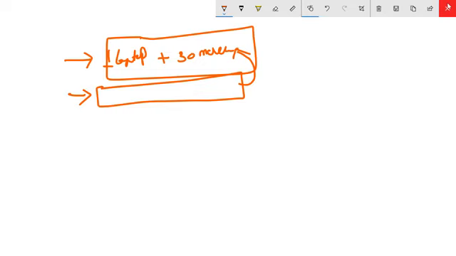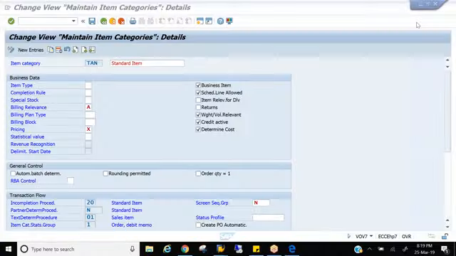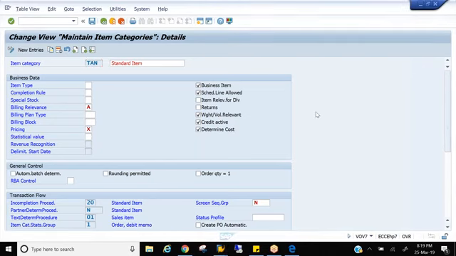So where does the system know that you don't want a schedule line for a text item or credit memo? Does a credit memo have a schedule line? No, because for a credit memo there is no delivery at all. Credit memo is order related billing. So how does the system know that for credit memo or these scenarios like text item, there is no schedule line? That is with this field. So let me create an order and show you.